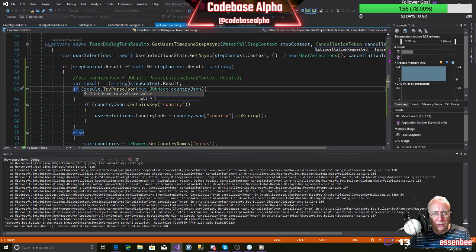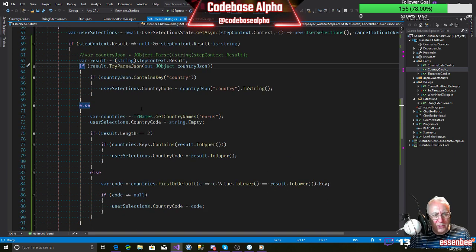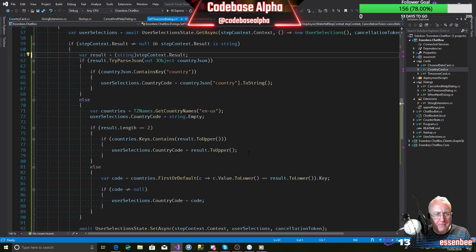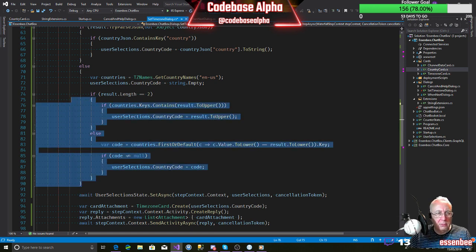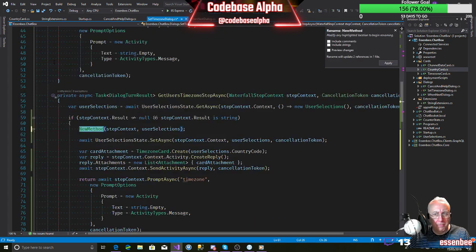So let's just stop our code. So we need to extract all this out, don't we? Let's get rid of that. All this is basically doing is setting a result, isn't it? So let's grab this code, and we will extract a method from it, and we'll call it GetCountryCode.